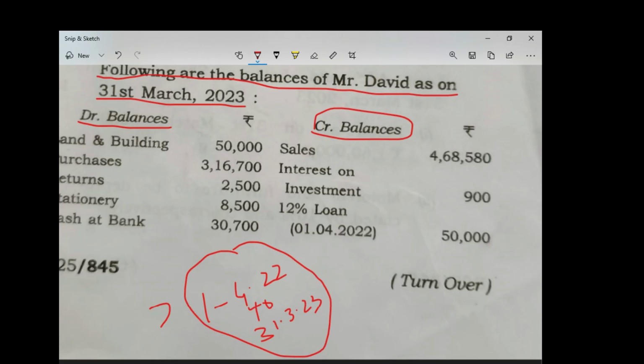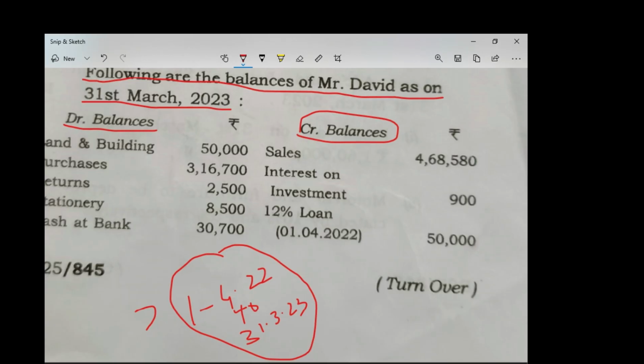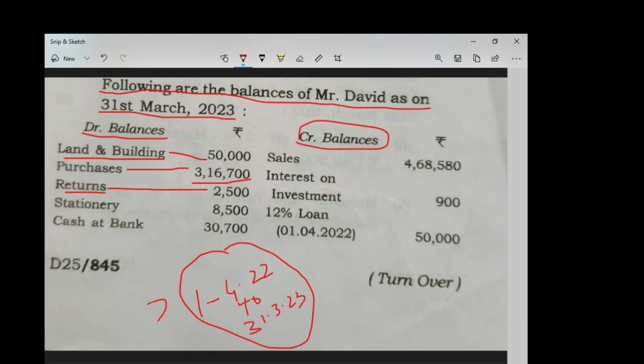First we see the question thoroughly. This is land and building, value given 50,000, and it is an asset. Purchase value is given 3,16,700, and returns, this is 2,500. This returns is on the debit side; returns on the debit side are deducted from the sales, and returns on the credit side are deducted from the purchases. Stationery is a profit and loss account item, cash at bank is an asset item, and on the credit side